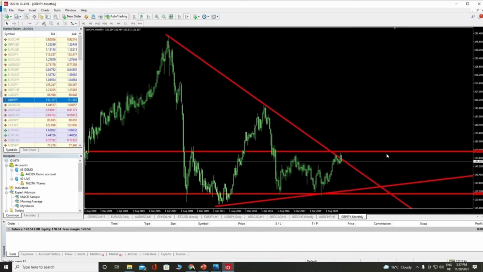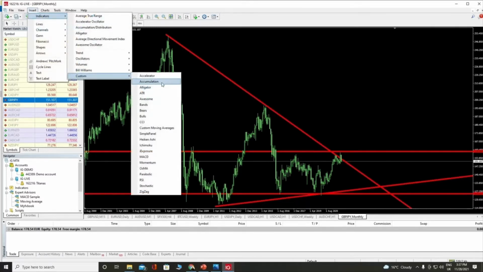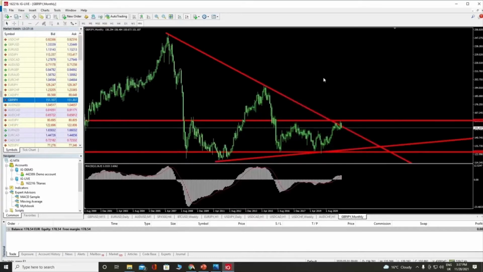Remember, we are on the monthly. Before I enter the trade, let's open an indicator. Why not? I hate them, but let's open one. I will open a MACD. Let's see if the MACD can help us determine. No, the MACD shows exactly what we see. The signal is up, and the indicator shows us a buy. It's not helpful. I will delete it.